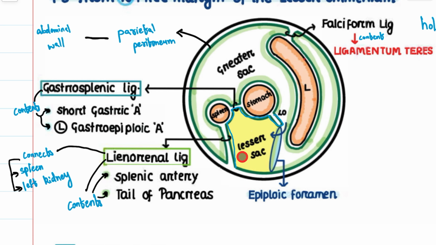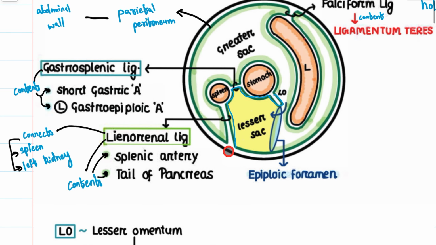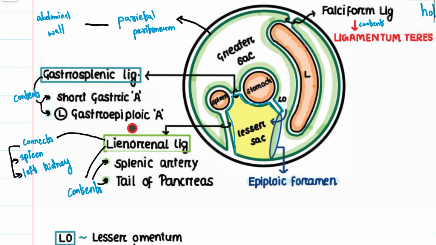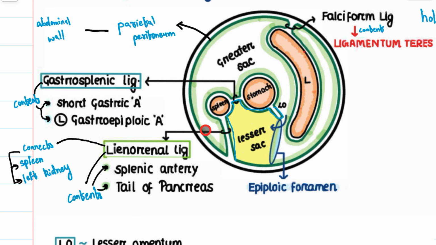And when there's a canal, there has to be some sort of content inside it. So what supplies the spleen? The splenic artery. So yes, the contents are the splenic artery and the pancreas. You see, the pancreas is actually not a peritoneal organ, but the tail of the pancreas is. And then the next one we'll be seeing is the gastrosplenic ligament. As the name suggests, this ligament attaches to the stomach and to the spleen, and the contents of it are,